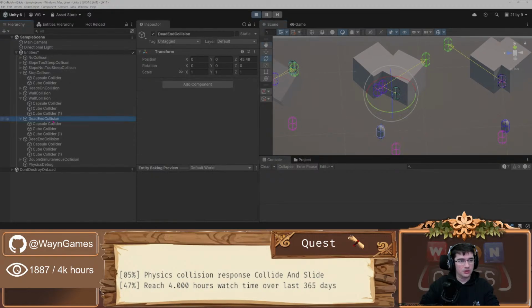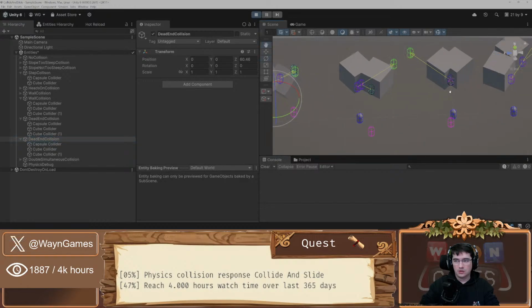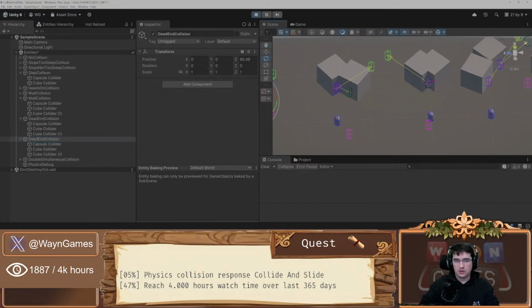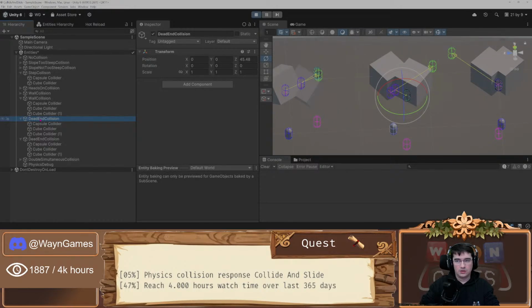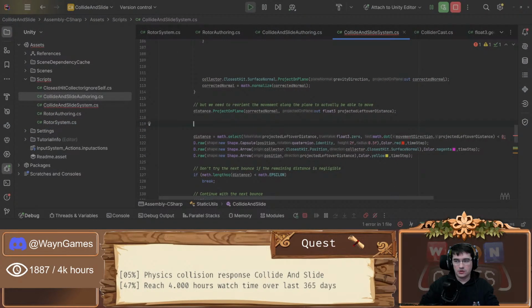That's not the dead end. Yes, that's the dead end. Okay. That's not working. Did I inverse the test? No, I didn't actually make the code compile, so